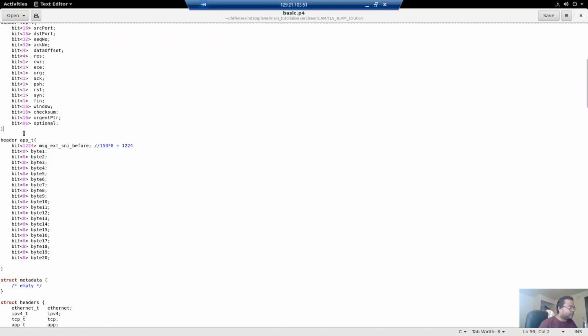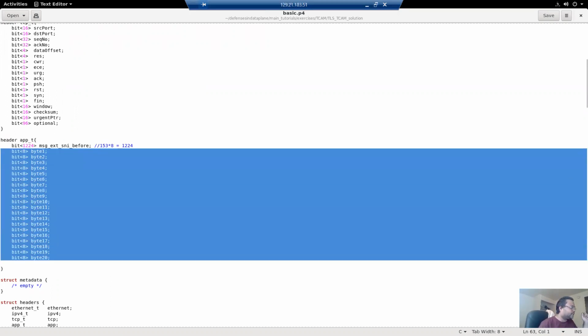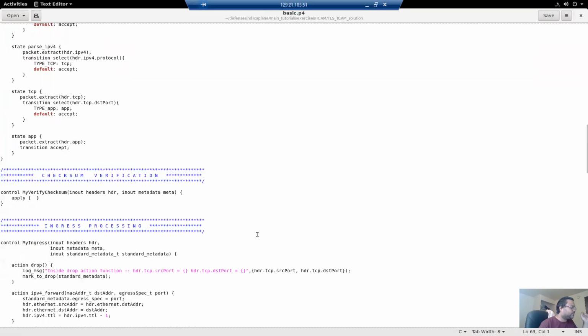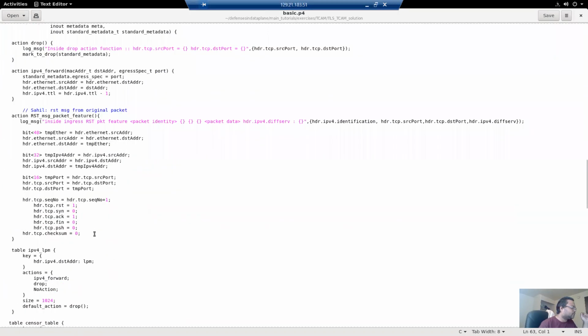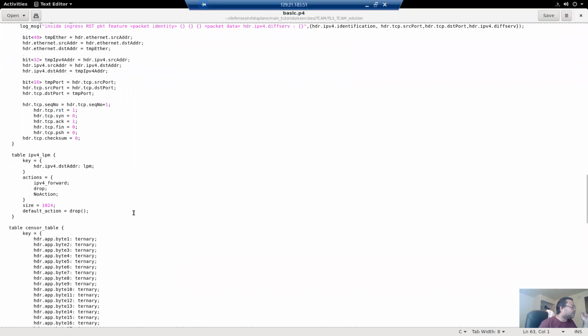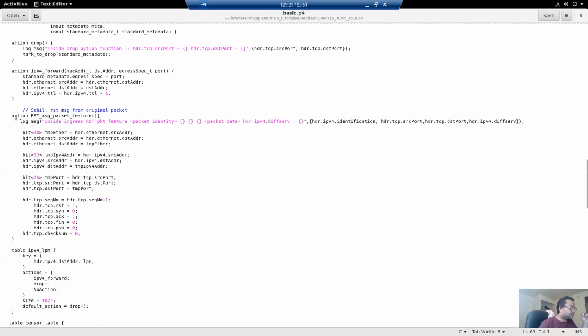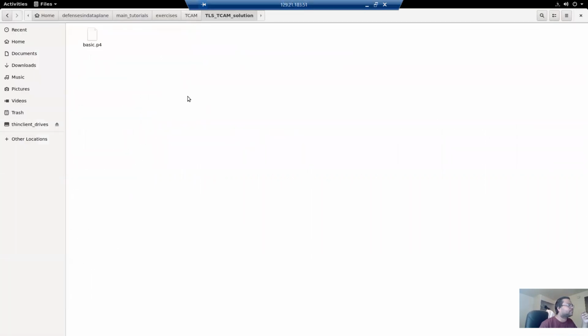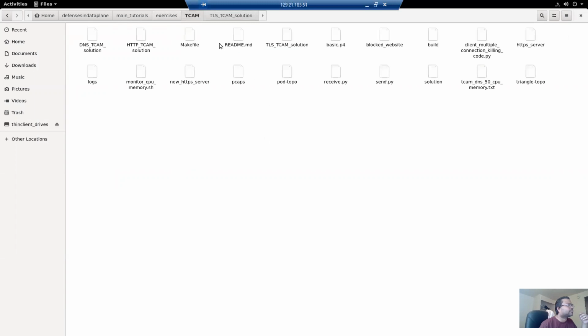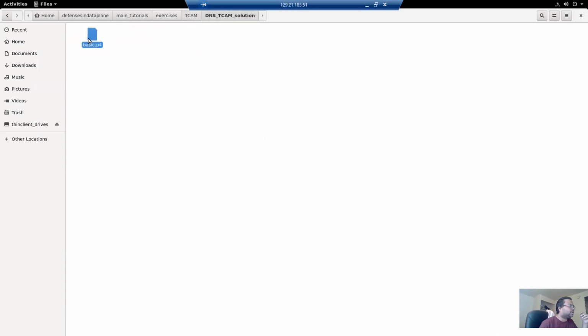So the length up to this part, up to TCP, we call the X variable. This is the Y variable. This is also changing per protocol. And then again, the 20 bytes. Here also we inspect those bytes using TCAM memory. And then finally, we convert the same packet into a reset packet and reflect it back. Same thing with the DNS.